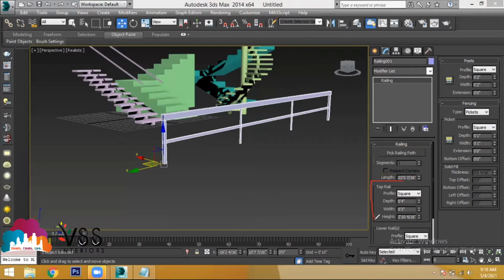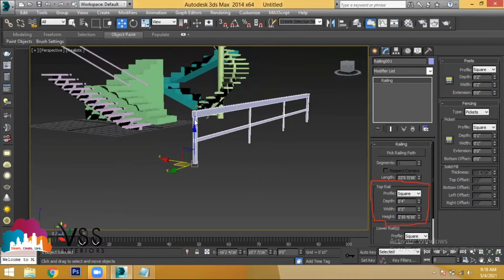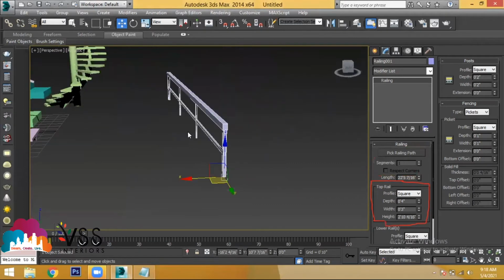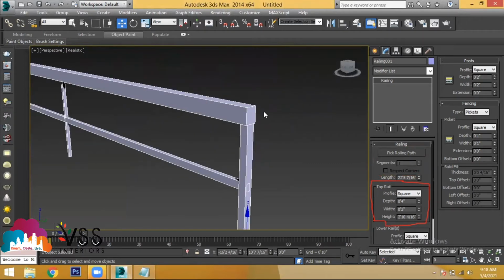So let us go with the top rail. Top rail is all about the top one, the upper railing. Here you find Profile. Now, the option provided in profile is square.